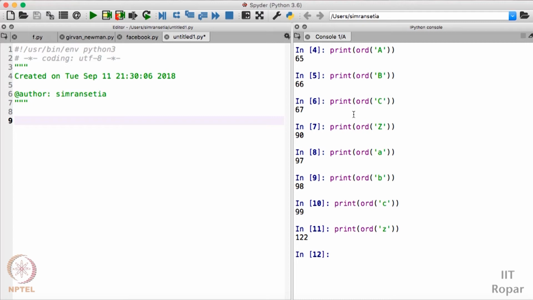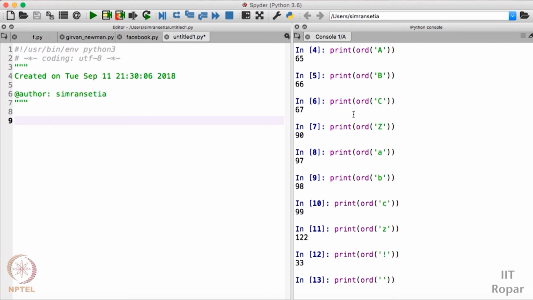As I already explained, we also have the ASCII values for some special symbols like sign of exclamation, @, hashtag. So we can also check. So let us check for sign of exclamation. It is 33. You can cross check in the table that we have shown here in the previous video.